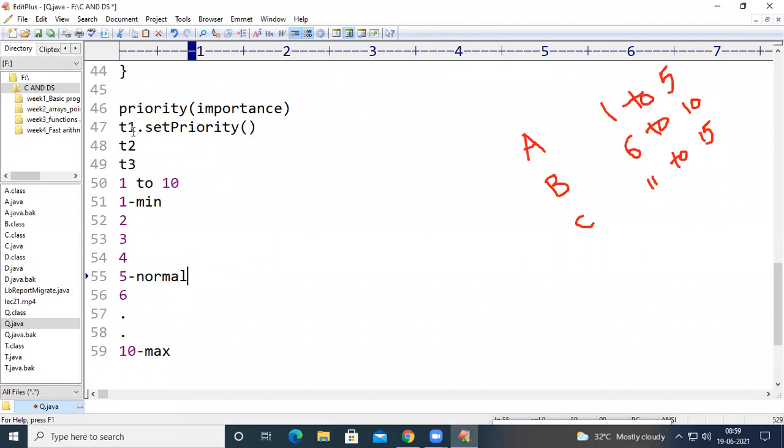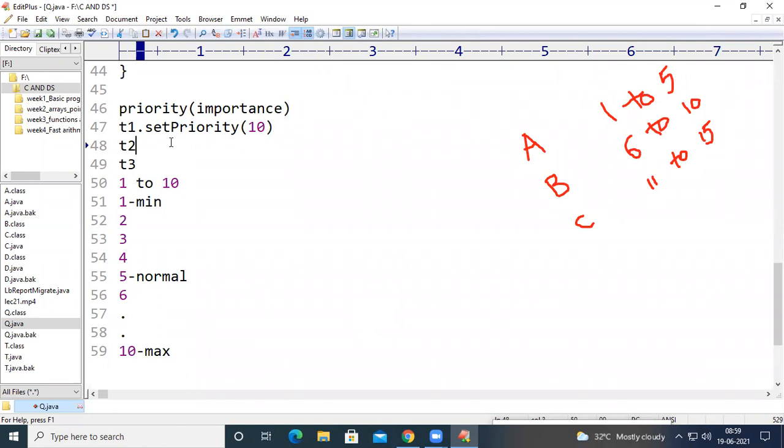For example, I want to execute T1 first. If you give T1.setPriority(10), then the compiler will know that the programmer wants to execute T1 first. So the CPU will come to know that it has the highest priority, and it will try to execute it first.